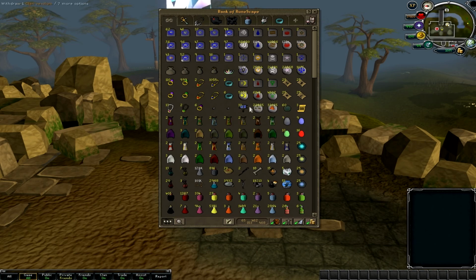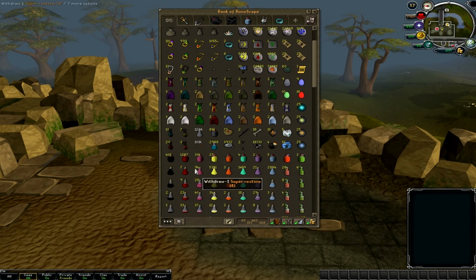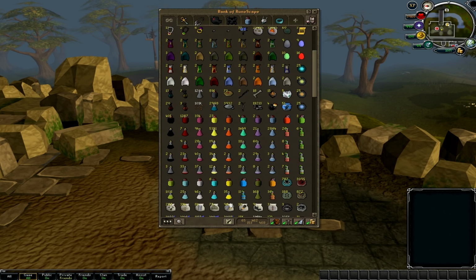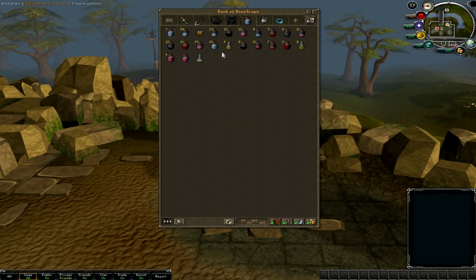I moved my clan vex here so I can get it out really quickly. I've got more overloads, as you can see. I still need to stock up on like 1,000 or something, but this will do for now for some awesome next solos. The rest of my potions are here, just the stupidly dosed ones, which I just don't want